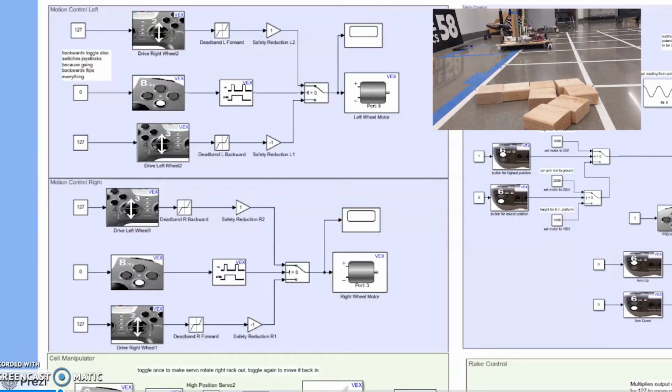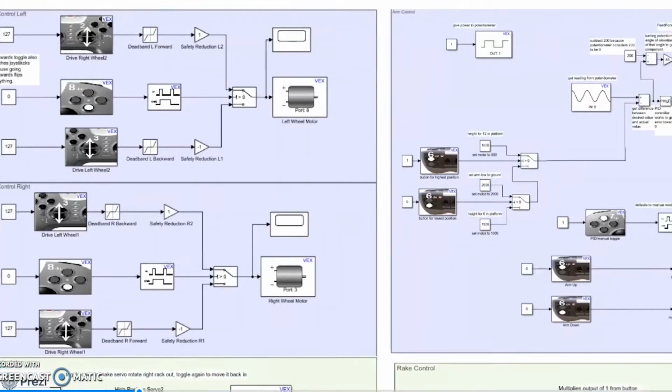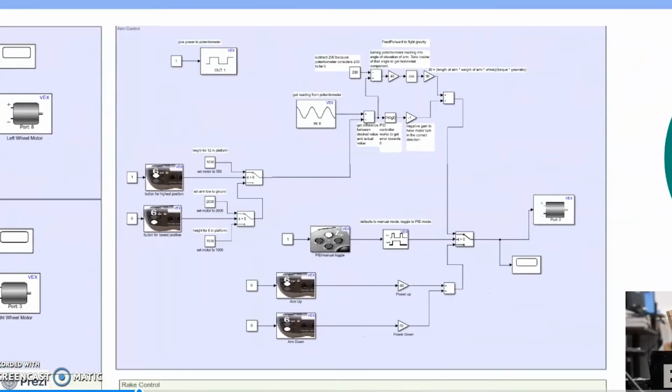The joystick connected to each motor is also switched, because when the direction of the robot is reversed, the right and left sides of the robot are also switched. The deadbands prevent the motors from receiving inputs within positive or negative 30, which prevents the robot from emitting the annoying screeching noise. Next is the arm, which we use to place stacks of cells at different heights using a